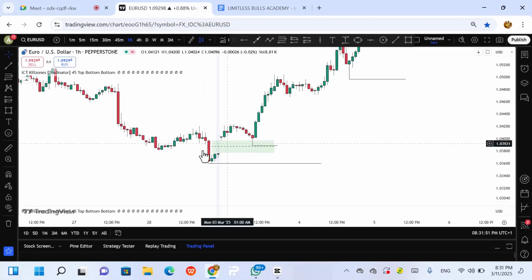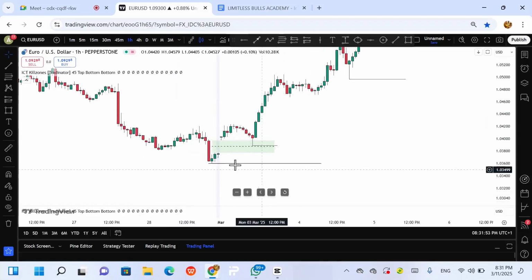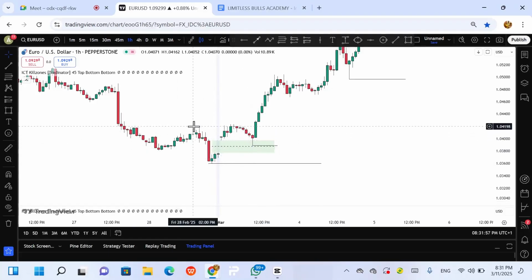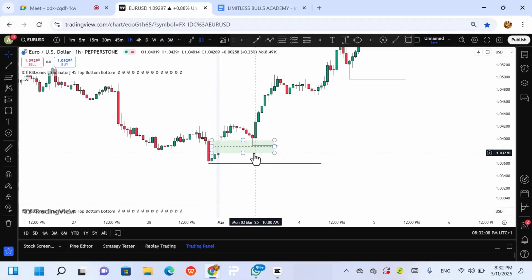They say price moves from liquidity to liquidity. Assuming we saw this market gap, we know there's liquidity at this zone. We saw this swing high. What did price do? When it took this swing high, it came back, balanced on this gap imbalance, and then boom, formed a swing low and started pushing up.